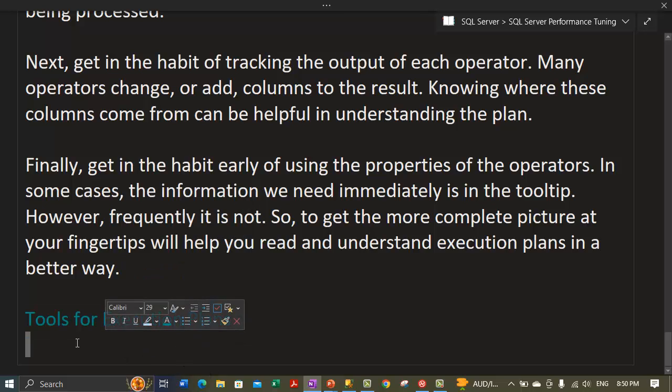This is the heading, tools for execution plans. The more you get into reading execution plans, the more a little help in navigating and understanding the plan becomes useful, right? So the first tool I want to recommend to you is,